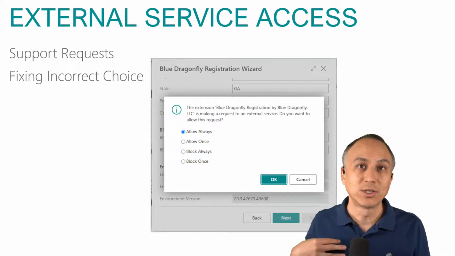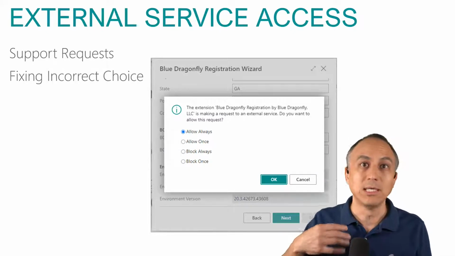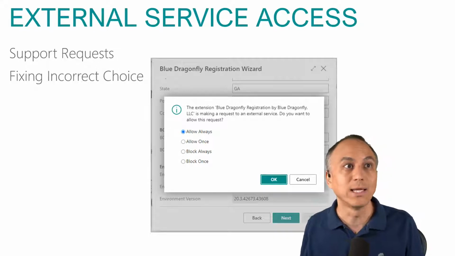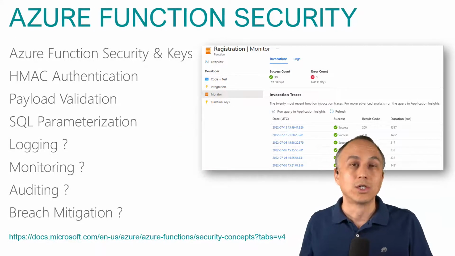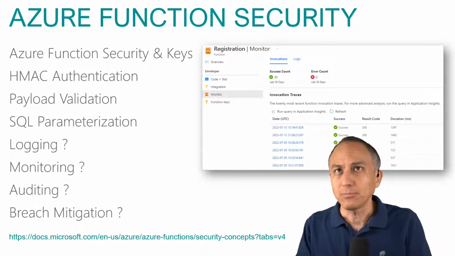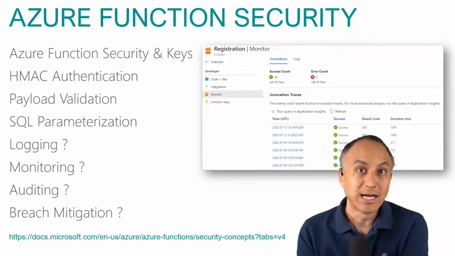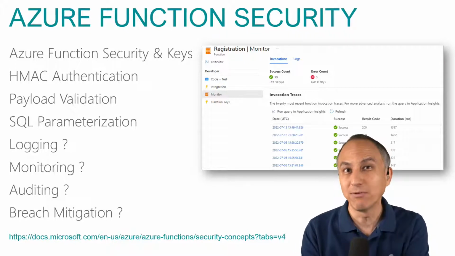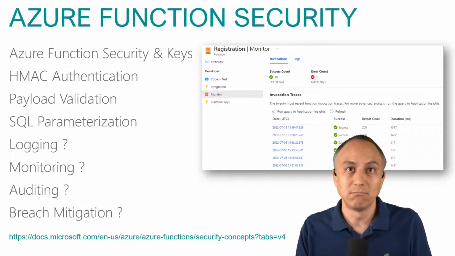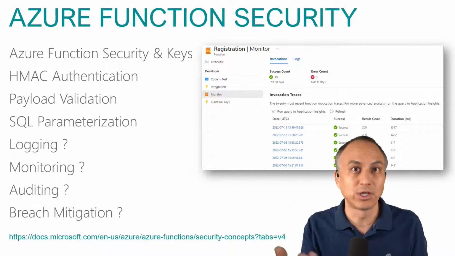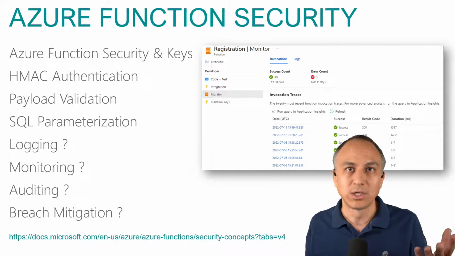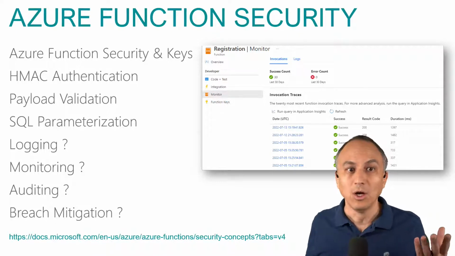Okay, so our registration application is calling an Azure function to say, hey, this customer just registered. Great. So we're now thinking about Azure Function Security. I've used Azure Functions, I prototype stuff. I've never put stuff in production, so I've never really dug into what Azure Function Security looks like. How do you configure it? What are the options available? How do you take security seriously with Azure Function? Well,